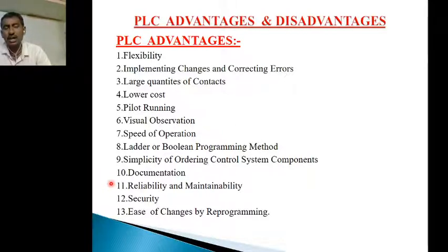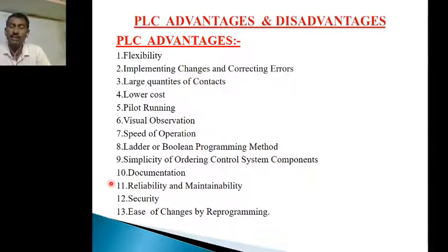And next, large quantities of contacts. That means suppose we want to extend our PLC programming to more contacts. We have 4 contacts in our program, and suppose we want to extend our program to nearly 7 contacts, then there is no need to go for 7 contacts.